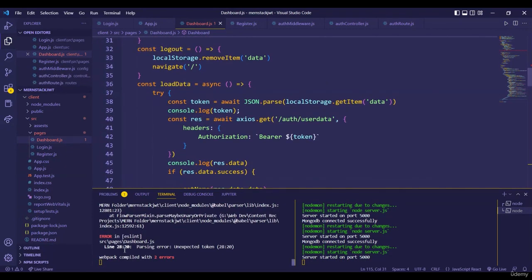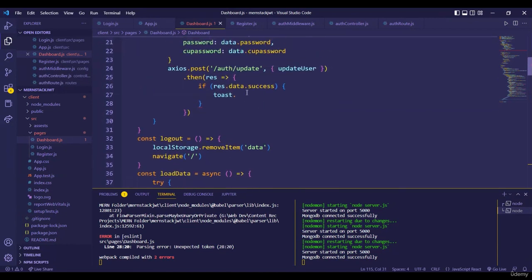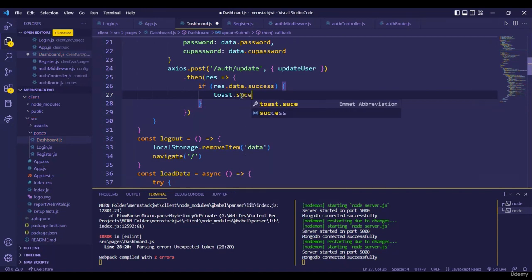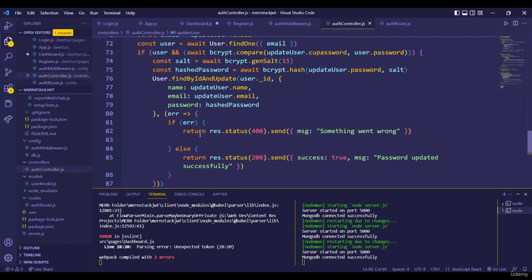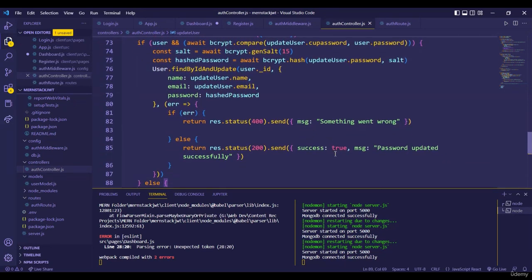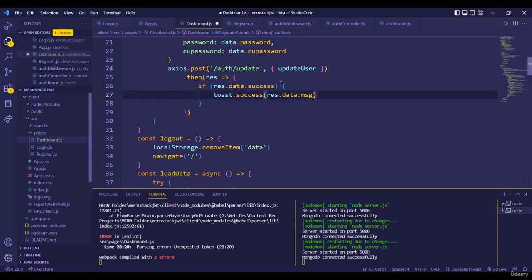Then it's giving me some kind of error in the 28th line. Let's check. Okay, yeah, as I haven't written anything, it's giving me an error. So toast.success, and here I need to give the success message, that is res.data.msg. So if we check in our auth controller, if the user is there and the success is true, we'll get a message saying password updated successfully. So we are going to get the same thing,